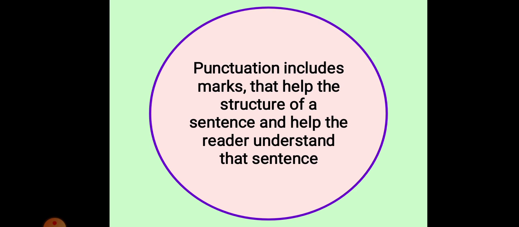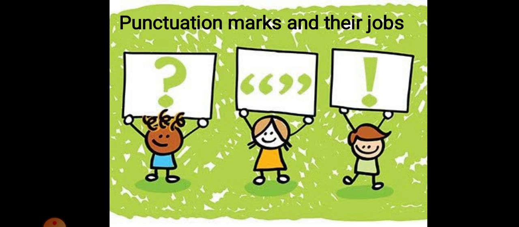There are different marks that we put while writing down the sentences. For example, we put full stop at the end of the sentence. This is an example of a punctuation. There are different marks in English language that we use while writing the sentences, and the job of these punctuation marks is to make our sentences more meaningful and to make it easier for the reader to understand them. Right now we are going to talk about the different kinds of the punctuation marks and where do we use them.